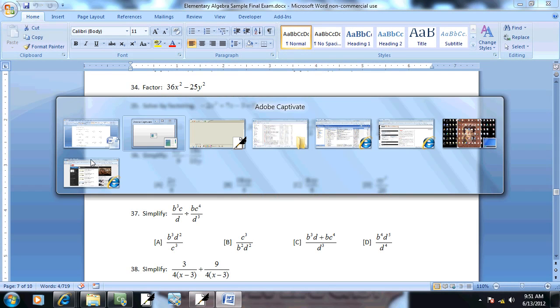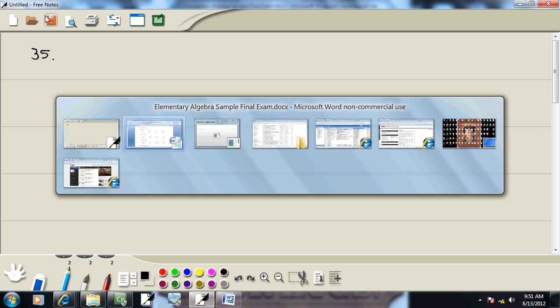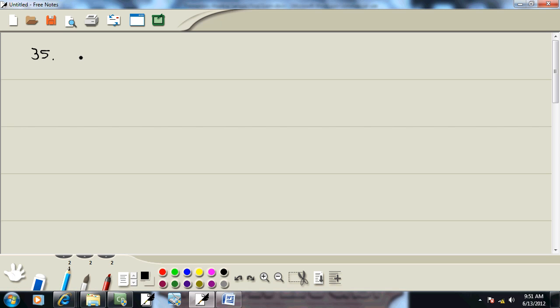Let's take a look at number 35. And we got negative 2x squared plus 7x minus 3 is equal to 0. Now our first method of factoring is always GCF, and they don't have anything in common, but my first term